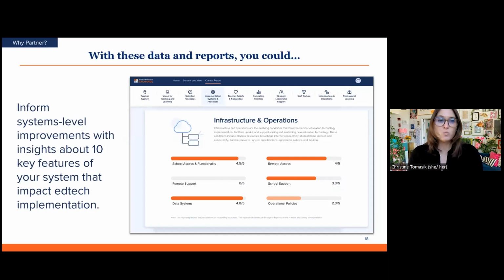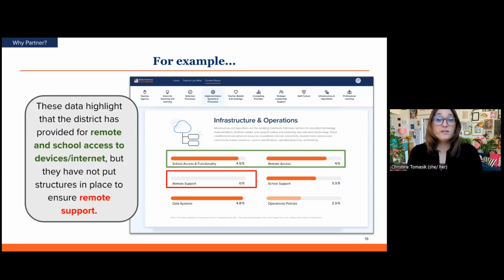Let's zero in on one variable, the infrastructure and operations variable, first. In this example, you see the variable name and short definition at the top. You also see that the variable is broken down into 6 subscales or components: school access and functionality, remote access, remote support, school support, data systems, and operational policies.